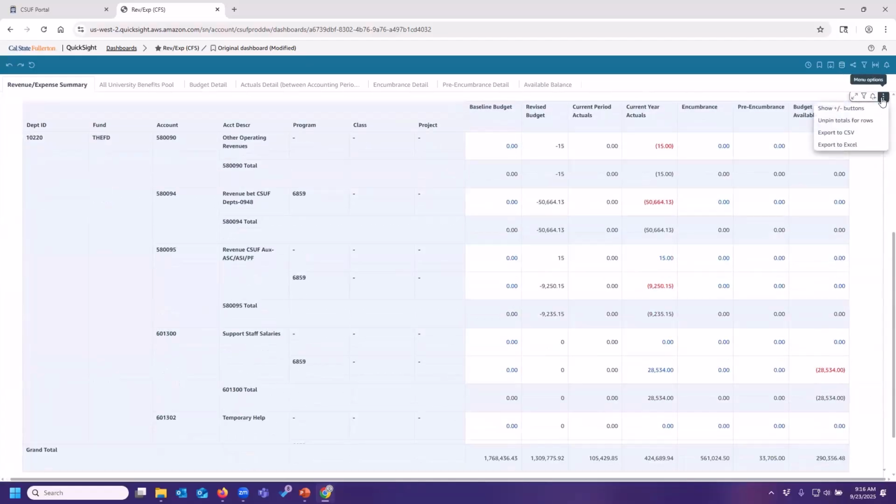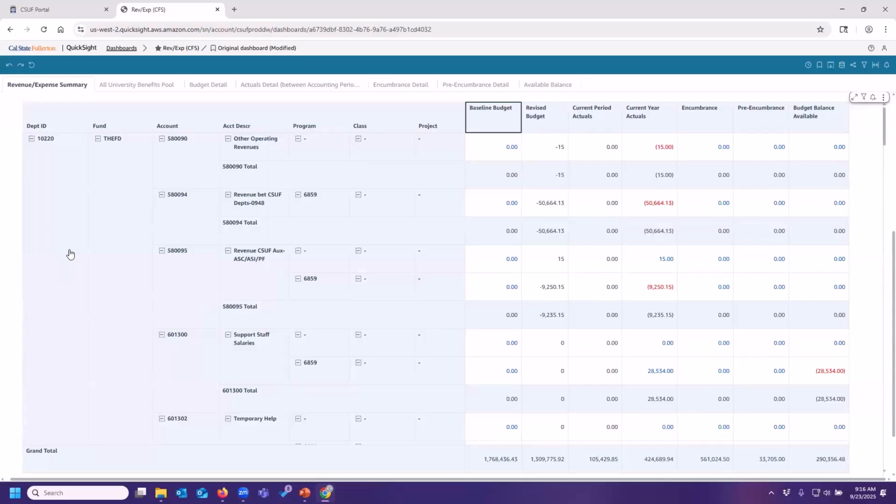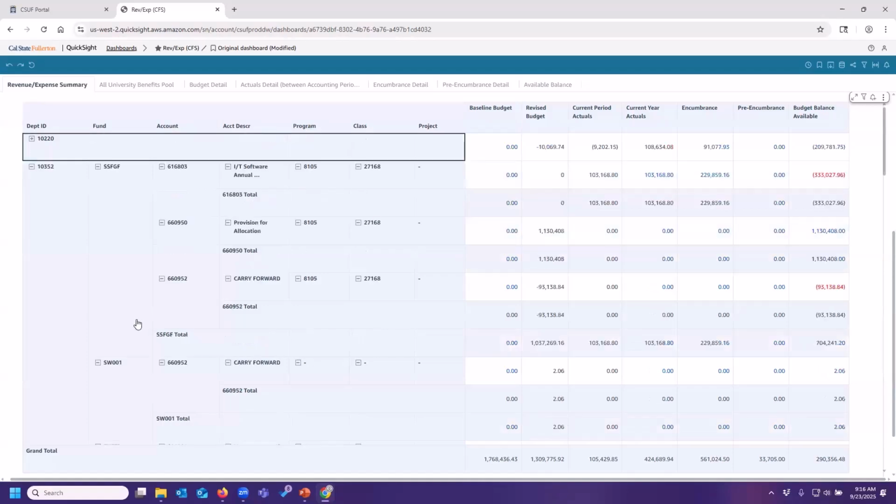There's also this option here under menu options. I really like this show plus or minus buttons. Because what this does is, let's say I want to see the next department ID, but I don't want to have to scroll through everything for 10220. I can simply click on this minus and it collapses that entire department ID. I can still see the grand totals, but I am now able to see the next department ID in the list.